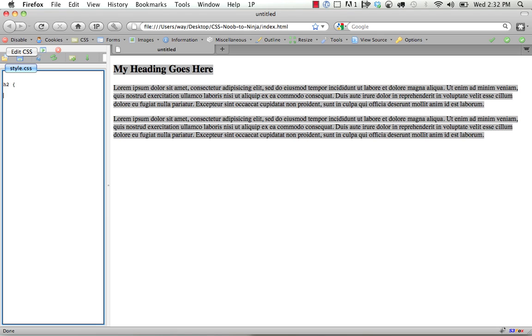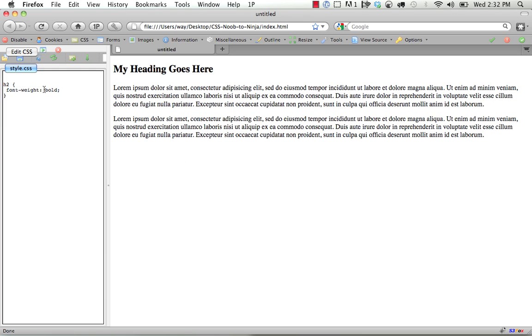So for instance, the browser for H2 tags is assuming that the font weight, here's a new property, we had font family, now font weight, is bold. That's just implied, and we don't even have to add it. But if we wanted to bring it back to just the regular, not bold, you set normal. Okay, and now you see how the font size is there? We can change